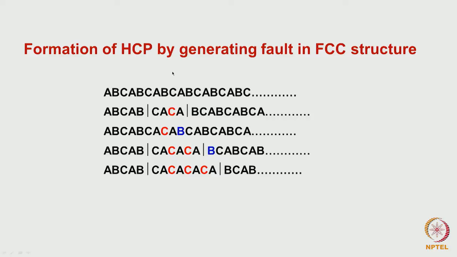not in every layer but every alternate layer an intrinsic stacking fault is created. So here what we have considered is an ABC stacking sequence, okay. Then this C layer is there. After this C layer, this is ABC, this B layer is moved to C layer, then this layer will move. So this is how the stacking sequence is. Now what I do is that this layer, B layer,